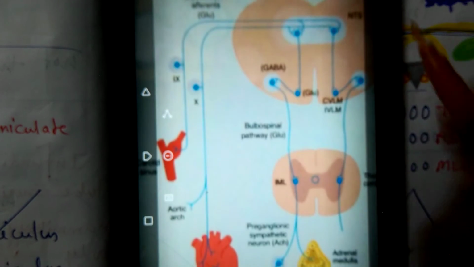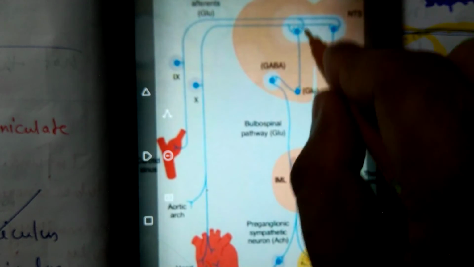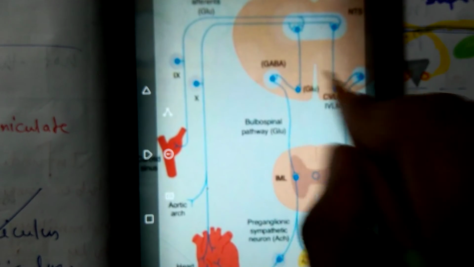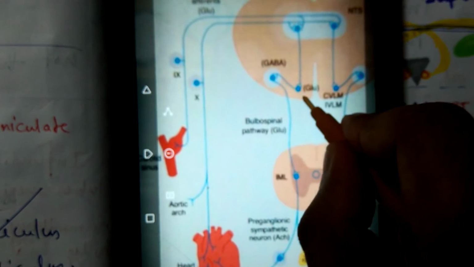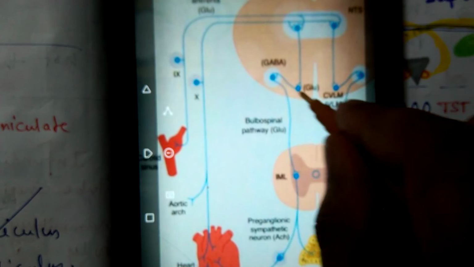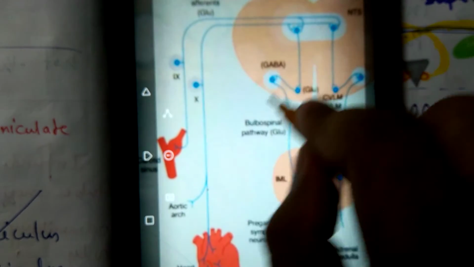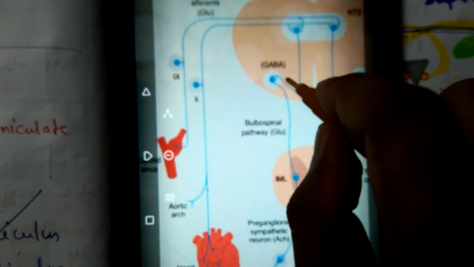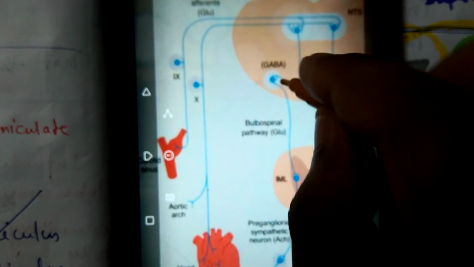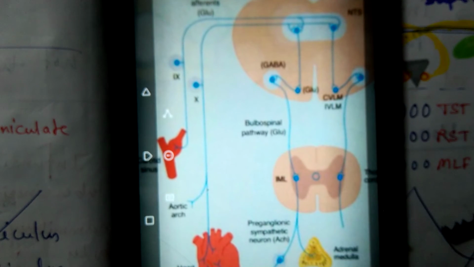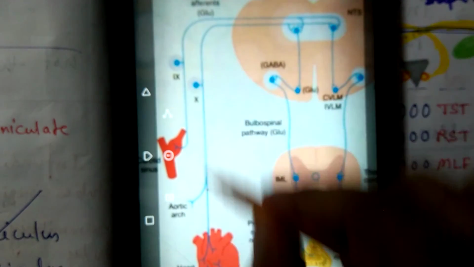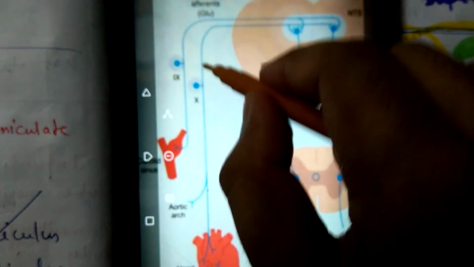then the nerve arising from the nucleus tractus solitarius and relaying at the level of the caudal ventrolateral medulla is also glutaminergic. This also activates the GABAergic neuron arising from CVLM and relaying at the level of RVLM. That's why these GABAergic neurons inhibit the RVLM center, and the whole sympathetic chain is inhibited and blood pressure decreases. The same action is also done by our vagus nerve. Okay,